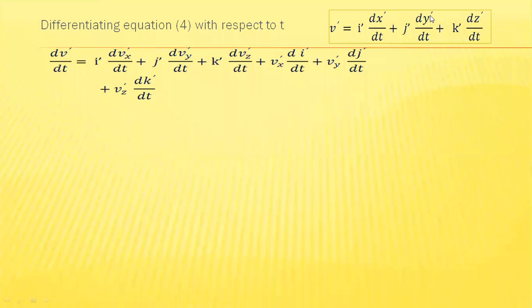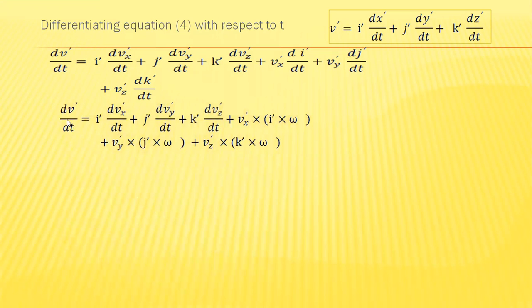Here you have to take the differentiation of the velocity terms: dvy dash by dt plus vy dash into the differentiation of dj dash by dt, plus k dash into the differentiation of the velocity term vz, that is dvz dash by dt plus vz dash into dk dash by dt. Now after simplification, we get